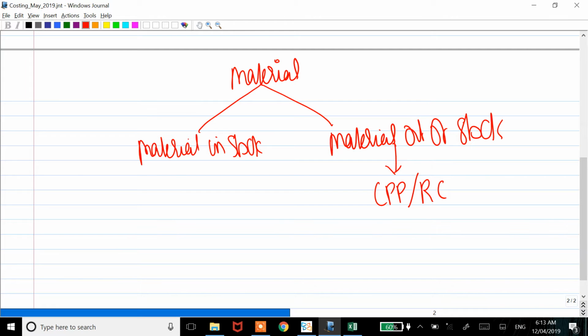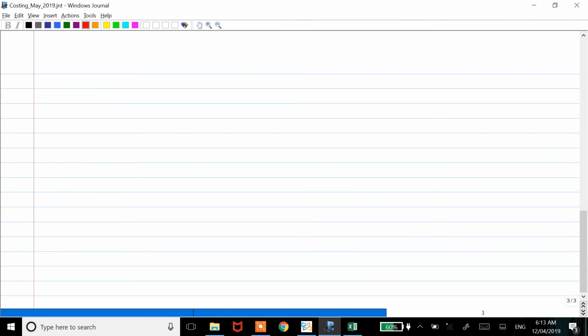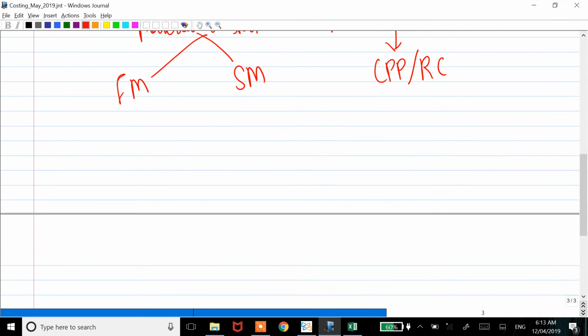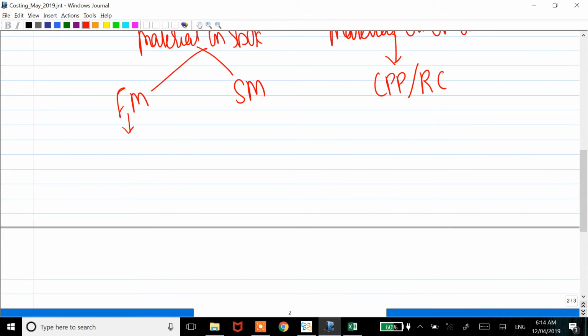If you have material in stock, it could be two things: fast moving, slow moving. Fast moving is a regularly used material, slow moving is irregularly used material. If it's a fast moving material, again it is current purchase price or replacement cost. The logic is, in case you use a fast moving material, you will have to buy it again, and the purchase will happen at the current purchase price. So if it's a material in stock and it's a fast moving material, again it becomes current purchase price / replacement cost. If it's a slow moving material,